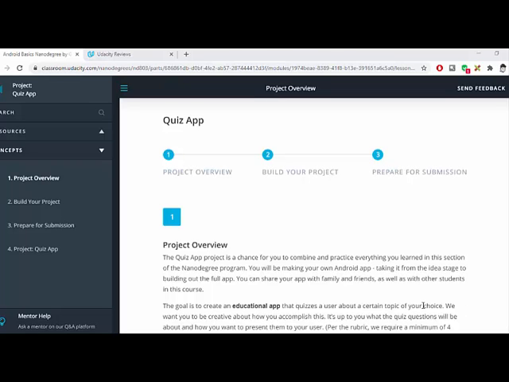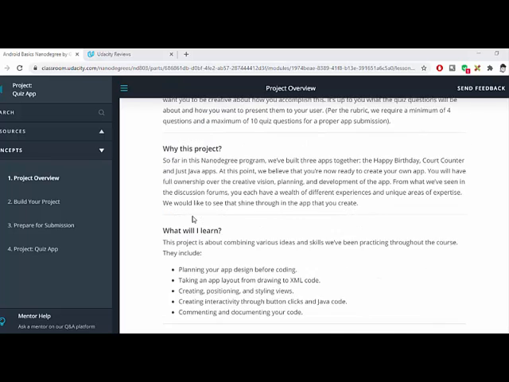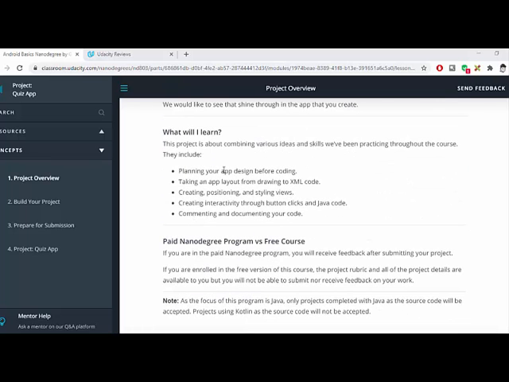Today, welcome to the third project of the Android Basics Nanodegree through Udacity. For this one, we had to build a quiz app. This one challenges us on a few things that we've learnt to date. In particular, planning our design before we start coding, taking our drawing and making it into XML code, creating, positioning and styling views, creating interactivity through button clicks and Java code, and commenting and documenting our